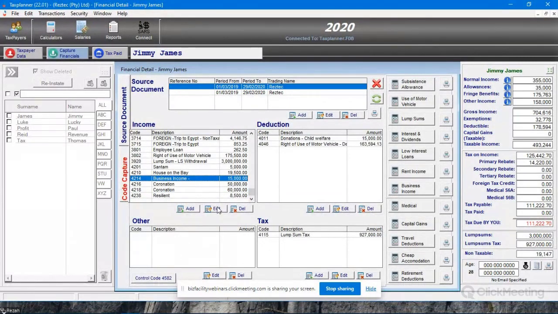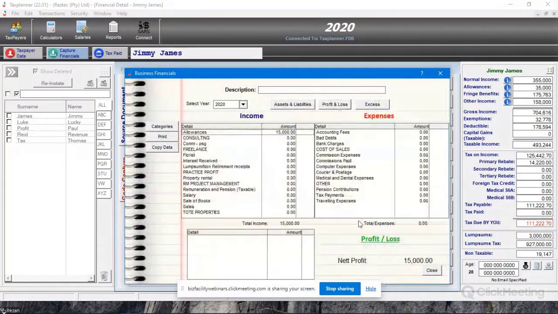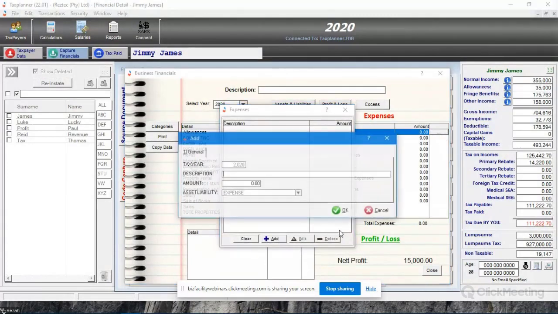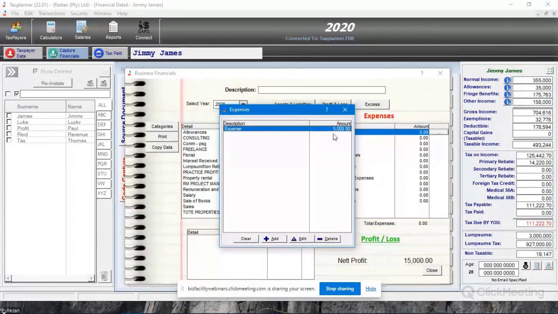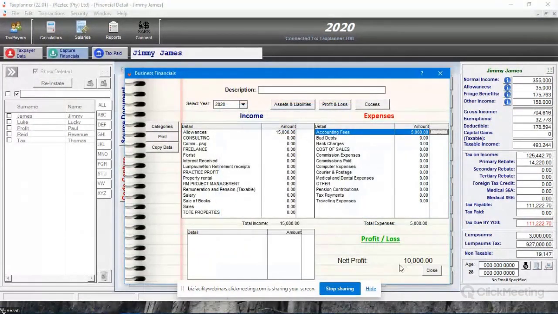And the net of what I capture between income and expenses. So if I should capture an expense here of, let's make it 5,000. Right, the net effect of that is 10,000,